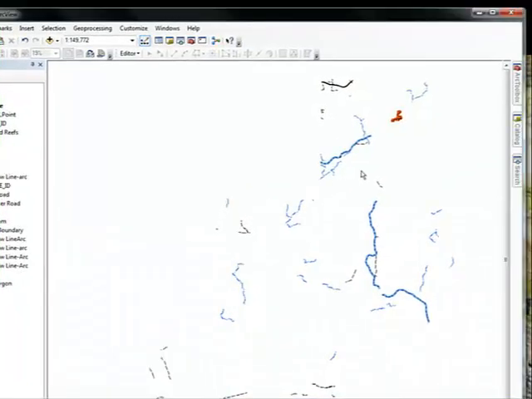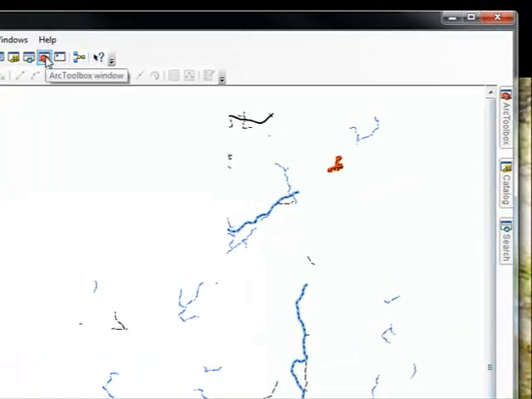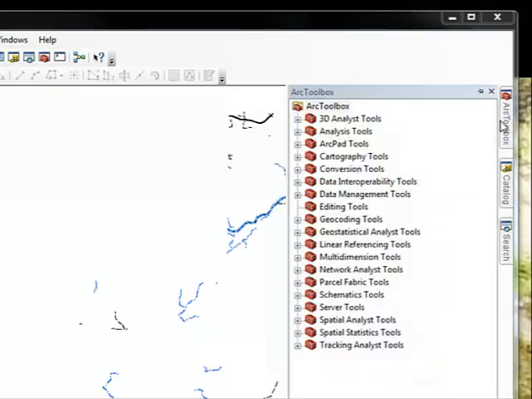So to begin with, I'll go to Arc Toolbox, open up the window here. If you don't already have it open, click the Arc Toolbox here and it will open the window as well. Again, with all the windows here in ArcMap, you can choose to park them wherever you want or have them free floating. Okay, now that it's open, we could search for the correct tool in all these different